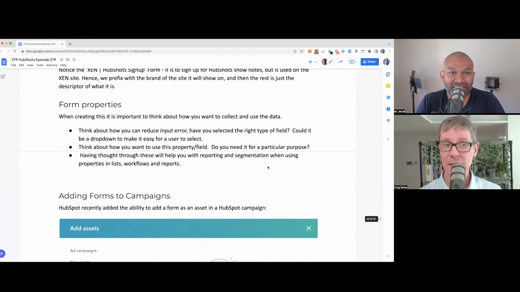All right, next in best practices, form properties. You've actually got some additional notes here, Anne. That's right. I guess this is really taking a step back to the start and understanding form properties. I think it's really important to have a think and understand